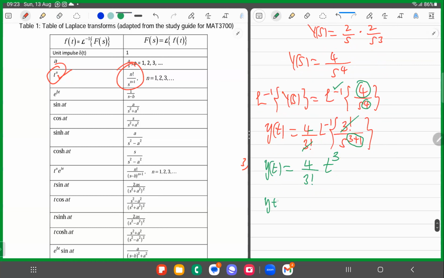So this is y of t equals, what is 3 factorial? 3 factorial is 3 by 2 by 1, which is 6. T cubed. You can just write it like that, but yeah. Okay, 2 goes how many times into 4? It goes 2 times, 3 times, and this is 2/3 t cubed. Right, so